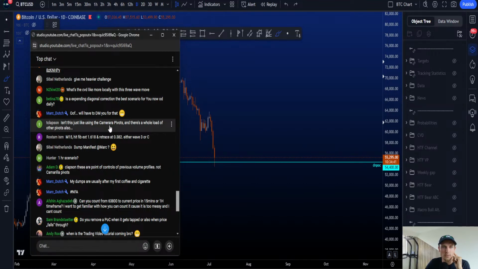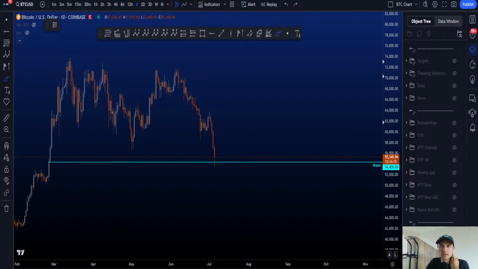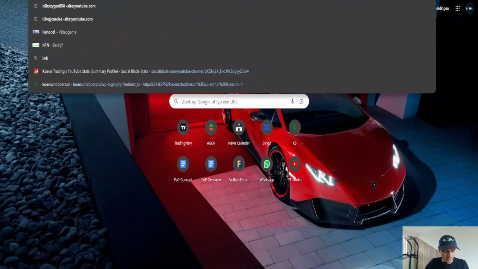The Camarilla pivots. I'm actually unfamiliar with Camarilla pivots. But I personally use time frame horizontals, I use volume levels, I use volume profile, and other volume related tools, including CVD, which is the only indicator, in my opinion, the best indicator out there by a mile. Now, if you don't know anything about CVD,